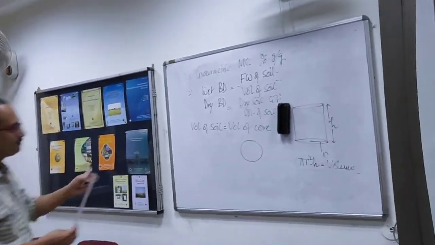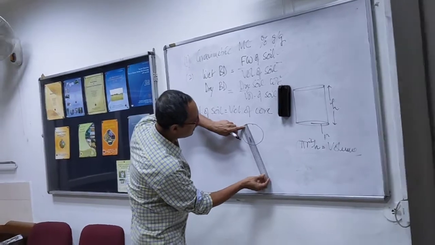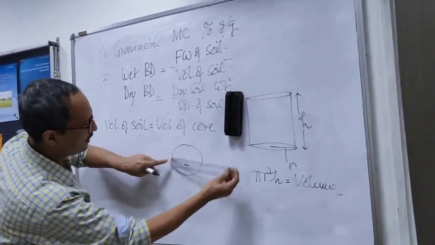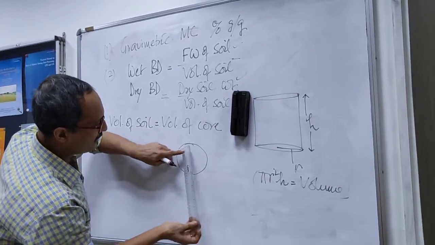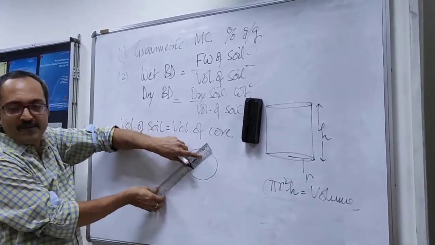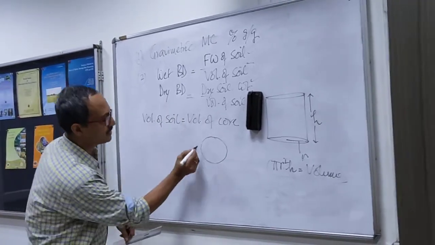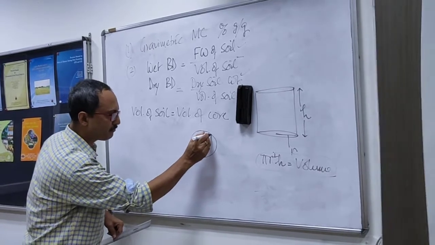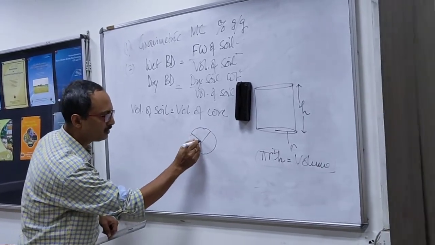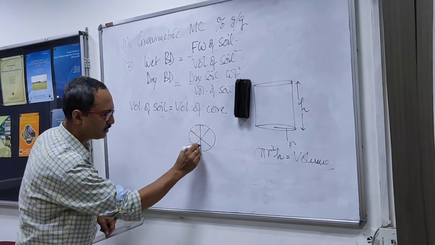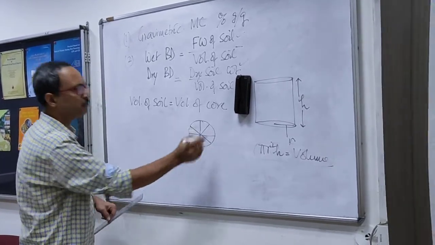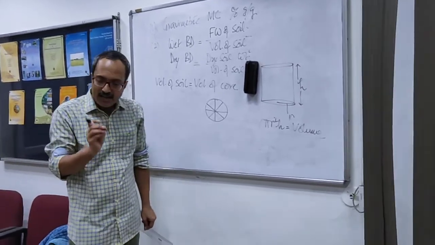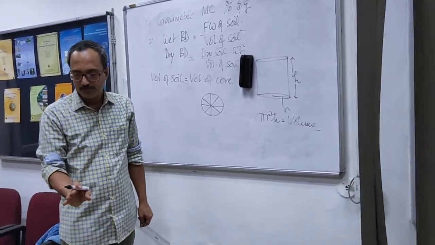You take a scale and then take multiple readings. Okay, so this here, then you take like this, then you take like this, 4 or 5 readings. You have to take multiple. So what I am saying is that you have to take readings like this. You take from this point to that point, then from this point to that point. It may not be that symmetrical, but you take at least 4 or 5 points, because these are some of the very practical experiences I am sharing with you.